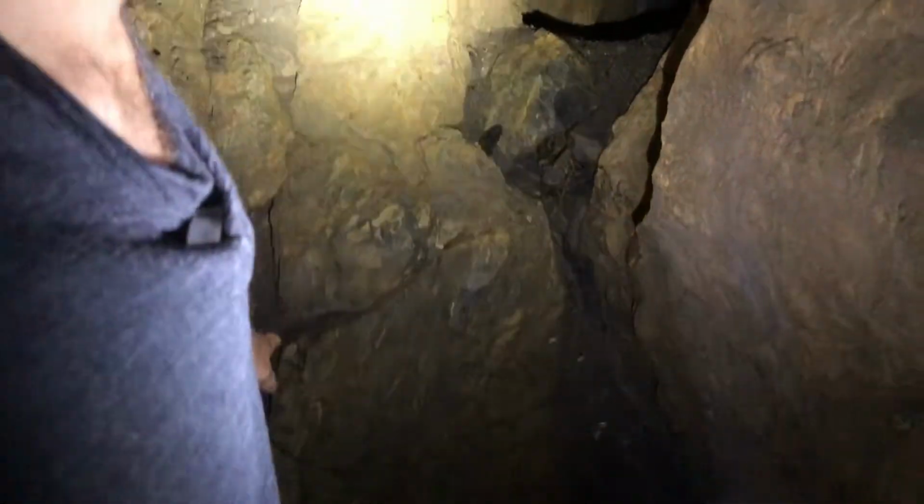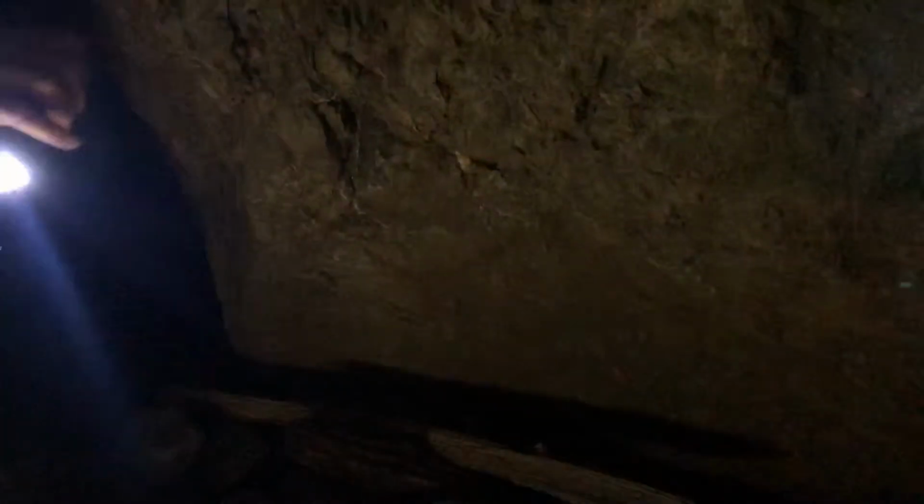Right, well, here we are inside the cave, mine. It's all goldy in here as well. Have you seen the colour? It's impressive, isn't it? And these are the props, aren't they? Yes, I think they are. They're falling down. If we look above our head,